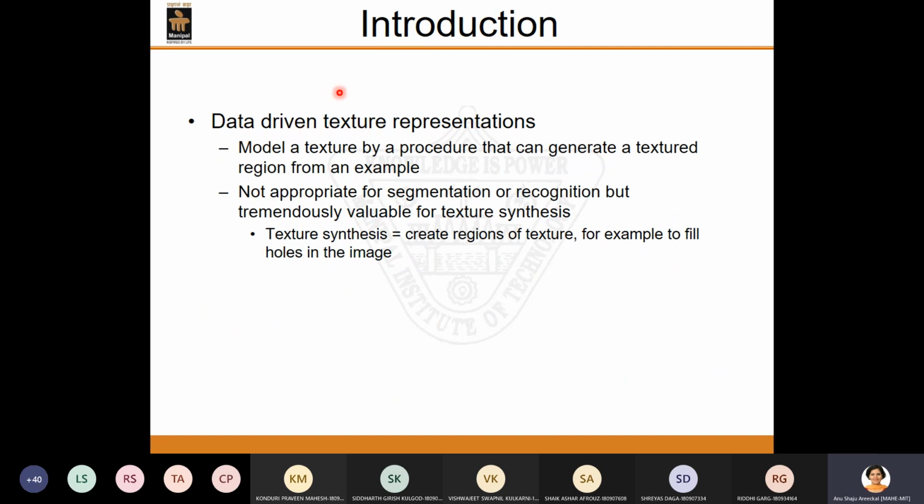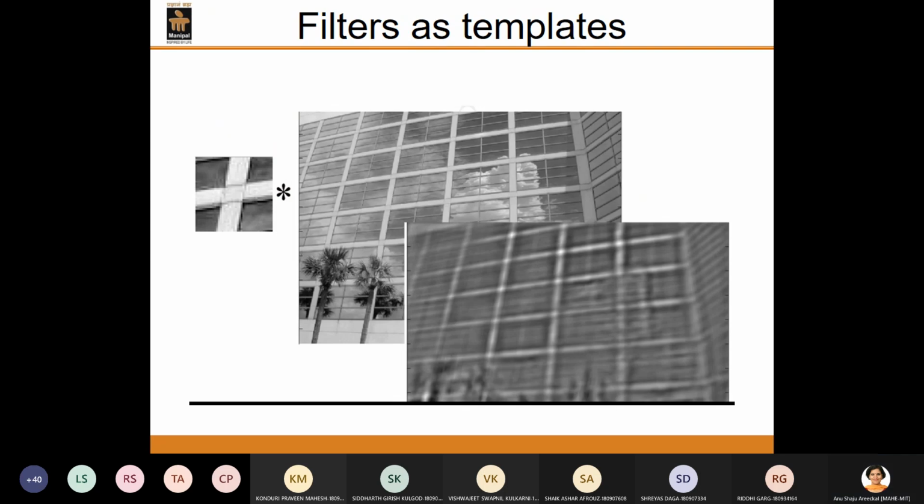So what data-driven texture means is, the data which we have is a sample texture patch or a sample texture image, out of which you can synthesize further or new textures. Okay, so that is what you call data-driven texture representations. An application is texture synthesis. Okay, now to understand the concept of using texture as a template, and also to understand how the correlation